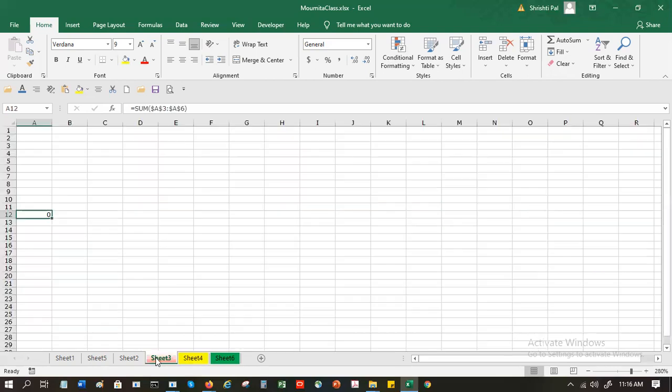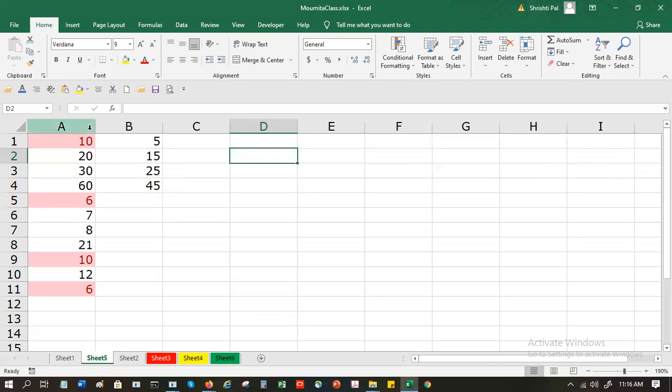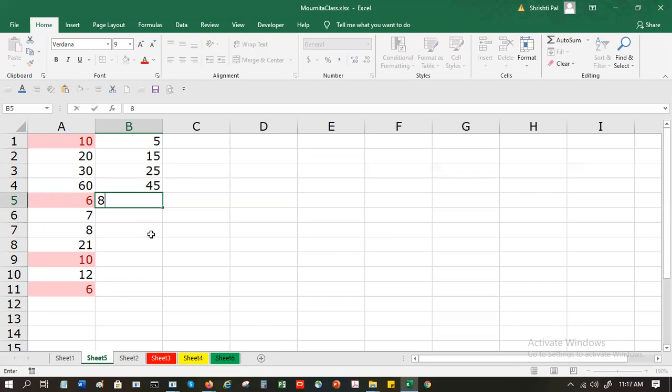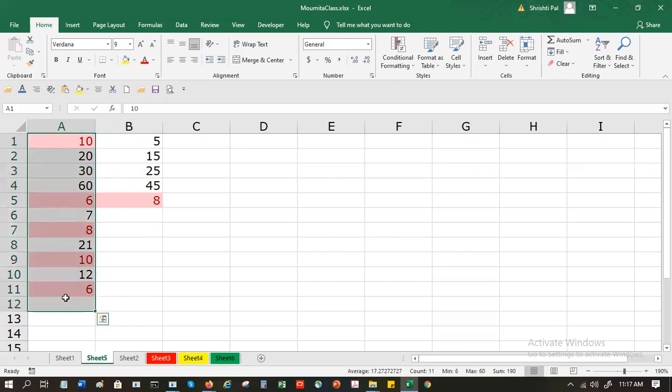A much better option is we just go here and highlight it. It is not just on static values. So right now, if I use another value, let's say I put 8 here and press enter, immediately these two will get highlighted, telling me it's a duplicate value. Since the whole sheet is highlighted, that's why. If I just do it on one set of cells, it will only work on those set of cells. I can have multiple conditions.